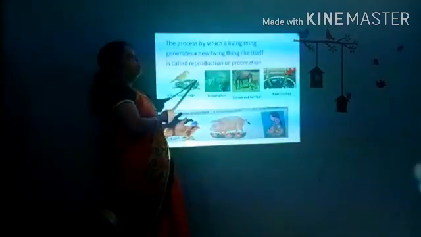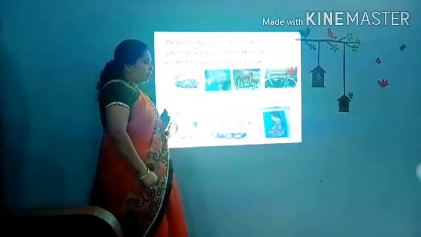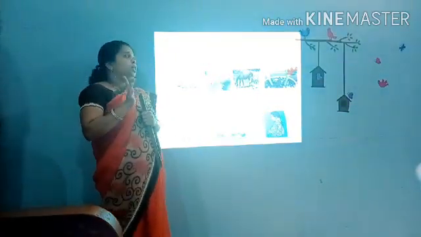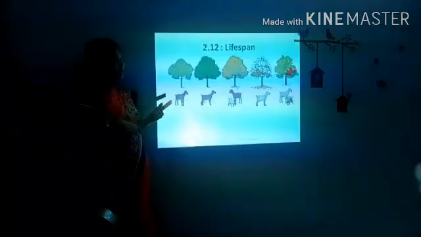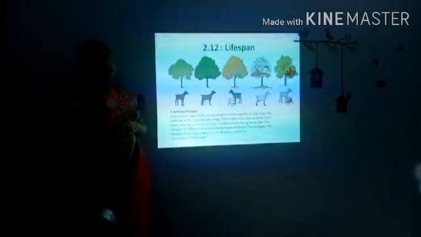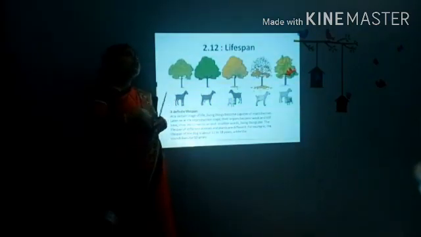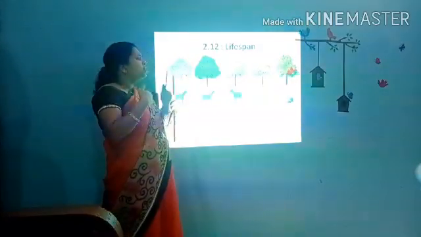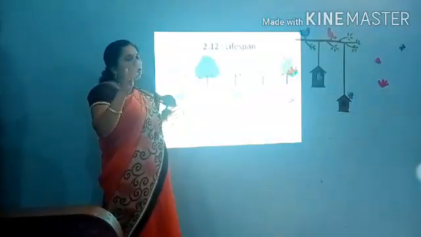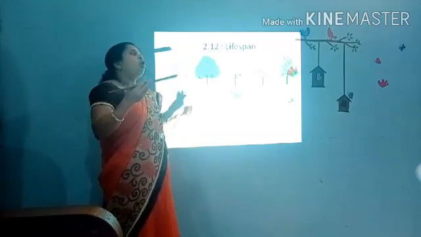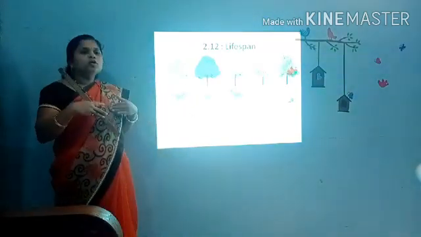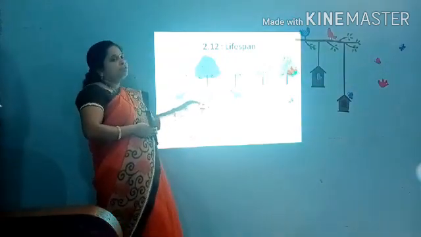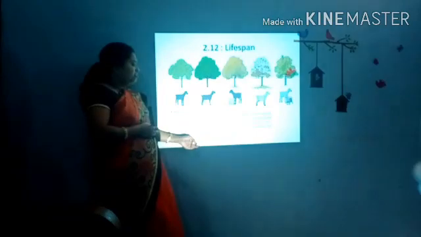That means reproduction is an important characteristic in living things, and these characteristics we are not able to see in non-living things. Now, what is the next characteristic? Definite lifespan. Yes, we all have a definite lifespan. We cannot live for thousands and thousands of years because we are living things. Why does this happen? Because as we grow up, as we use our organs daily, the cells in the organs become older and older, and at the final stage, life comes to an end.